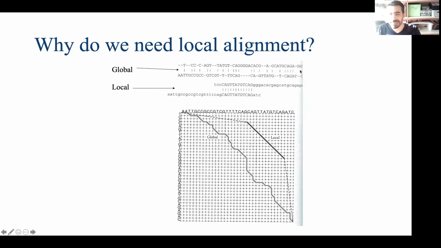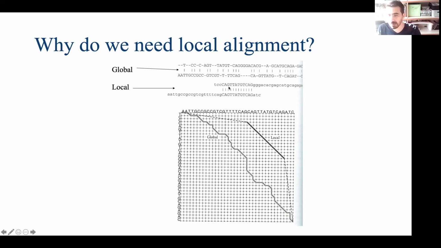So this is a nice example of why we need local alignment. If you have 2 sequences here and you force them to be globally aligned, this is what you get, okay? Some sort of an alignment, and this is a nucleotide gene sequence alignment, let's say. There are some partial matches. It's not a big deal to get the global alignment because there are only 4 letters. You will get some sort of an alignment, as long as they are not hugely different from each other.